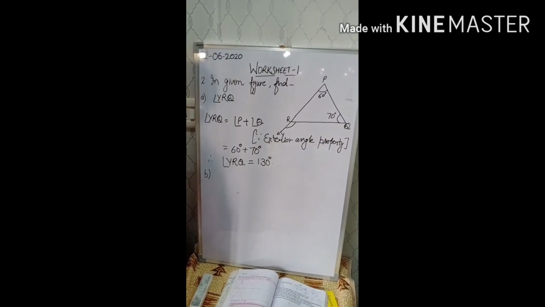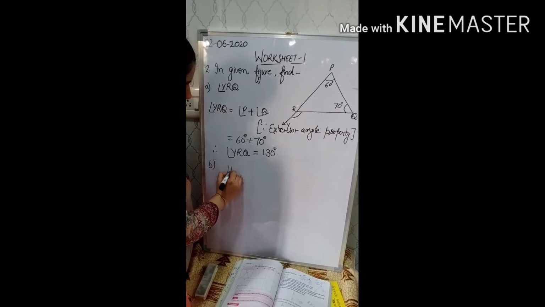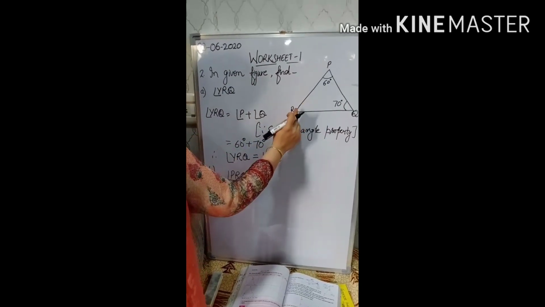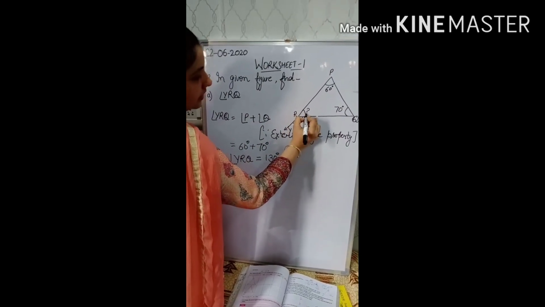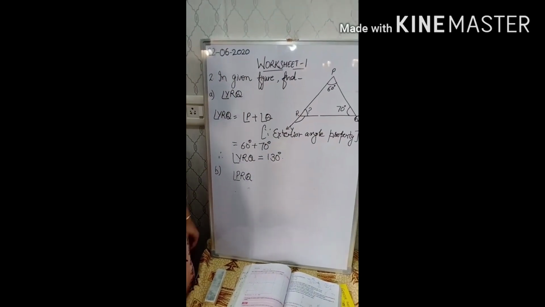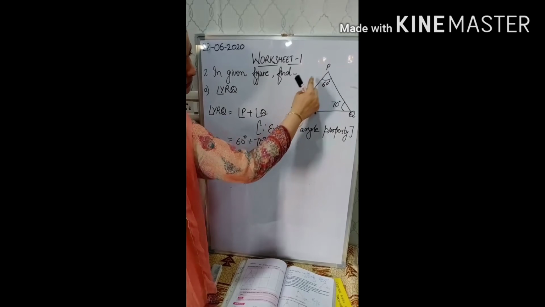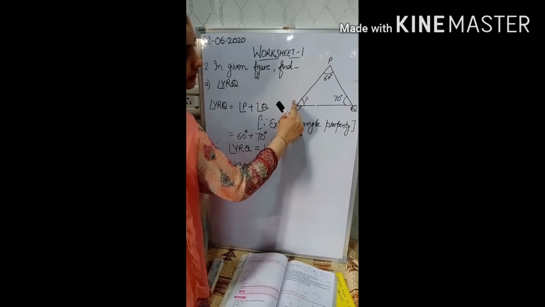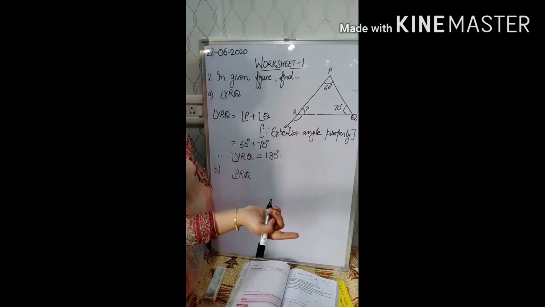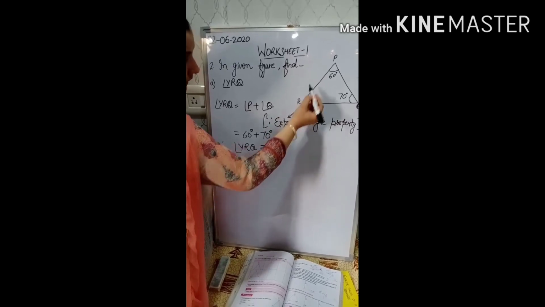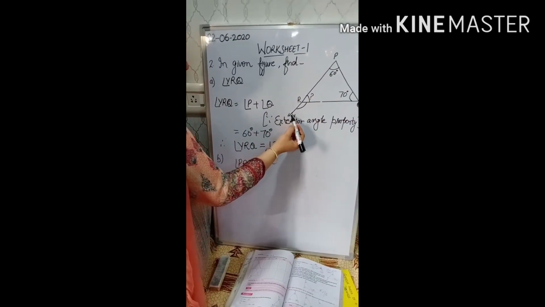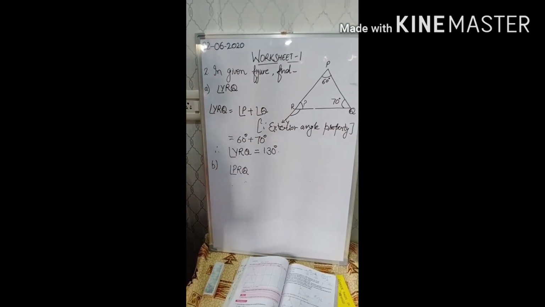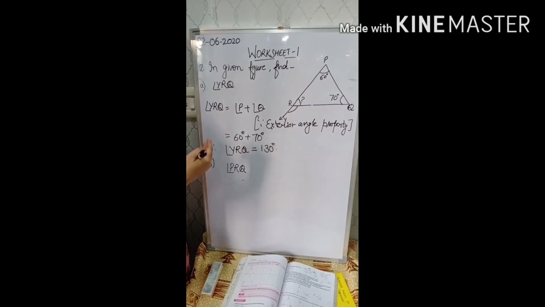In the next part, they are asking you to find angle PRQ. Let us see which angle is PRQ. This one. This you have to find. Now, you can find this in two ways. Either you apply the angle sum property, which you have already done in class 6, that angle P plus angle Q plus angle R is equal to 180 degrees. Or you can say angle PRQ plus YRQ is equal to 180 degrees, because they are supplementary angles. Both ways are correct, use whichever is easiest.